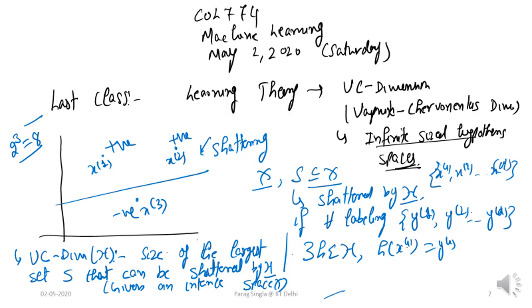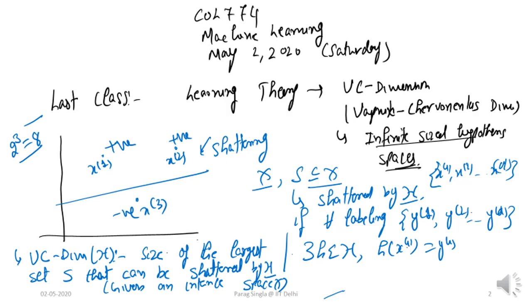For example, if two of the points are positive on the top and the lower one is negative, then there is a line which separates them, and this classifier can classify the ones above as positive and the one below as negative. So there exists a hypothesis which achieves this labeling, and if we can do this for every possible labeling of these points, then we say the set of points